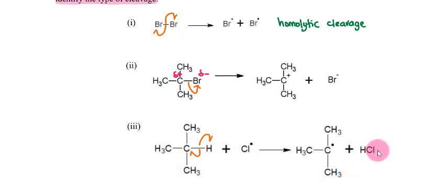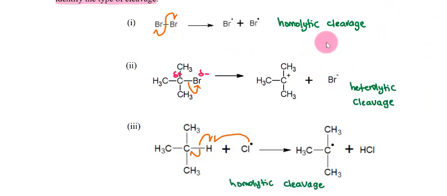For the product here, we have the HCl. So there is no H radical formed here, but the hydrogen here makes a bond with the chlorine atom. Since the Cl here has one unpaired electron and the hydrogen here has another unpaired electron, these two will combine and form HCl. So the first reaction is homolytic cleavage, the second reaction is heterolytic cleavage, and the third reaction is homolytic